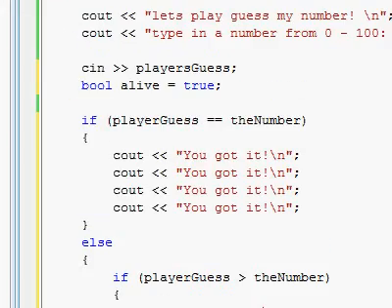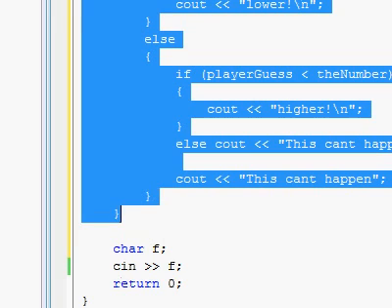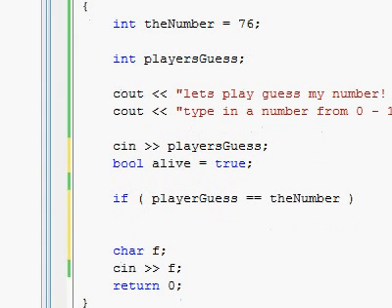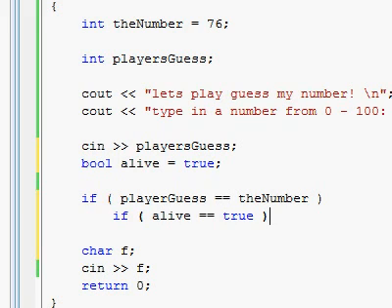Going back to our multi-condition if statement, like if we want to test if a few conditions are true, for example, like we saw in a different video, we wanted to test if the player's guess equals the number, and also we wanted to know if the variable alive is true. And in different situations, if you would need to evaluate many conditions like this,